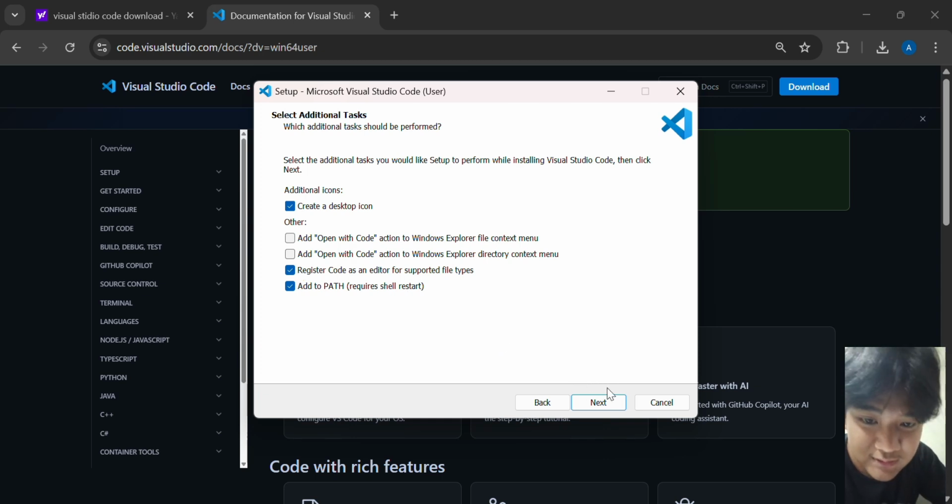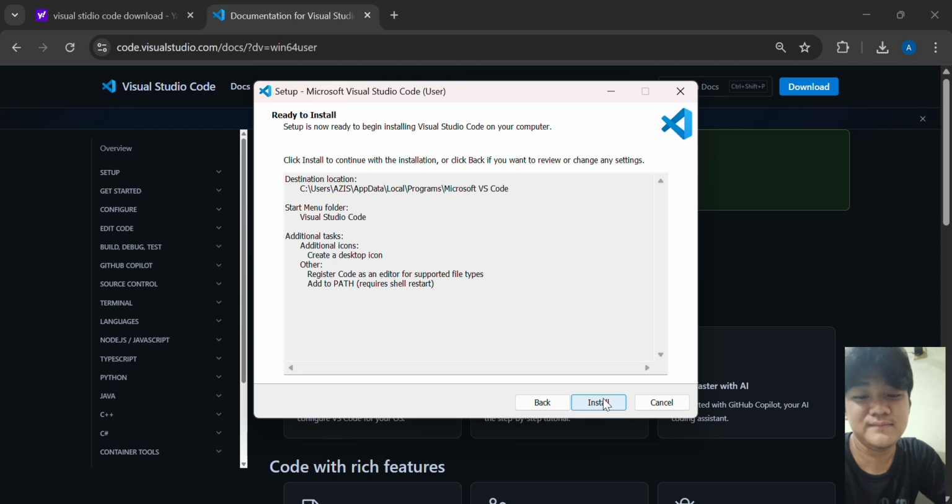I recommend checking the option that says add to path or register code as editor because it will make your life easier later. After selecting the options you want, click next again.